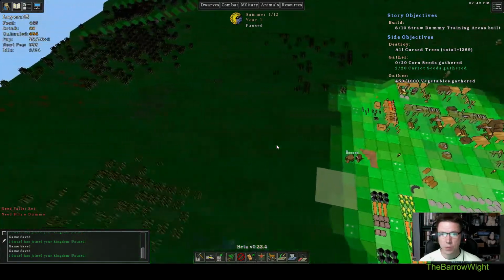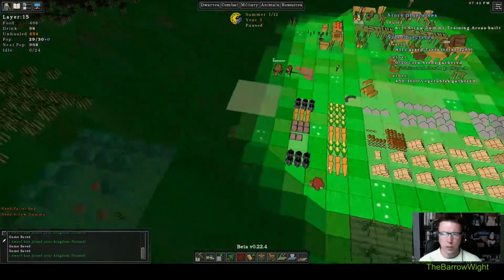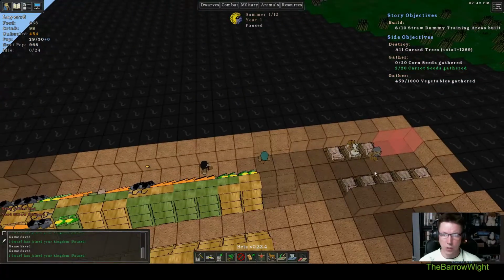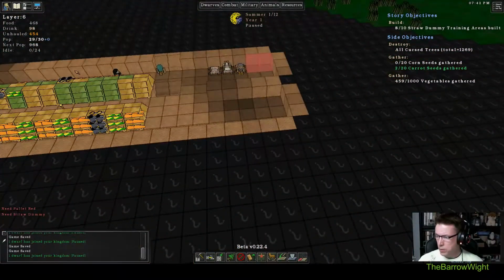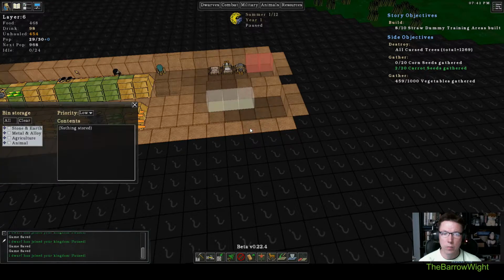And the last thing I want to do before I end this episode is go ahead and put these wool bandages someplace a little bit better than out in the middle of a field. I dug a side passage over here and I built some bins. So let's install the bins down here. There we go. And we will tell them to put, well,